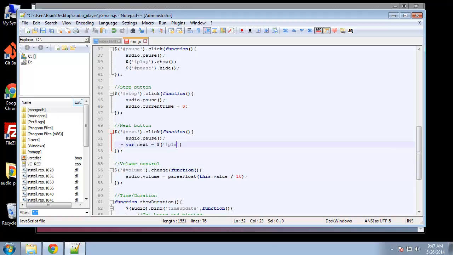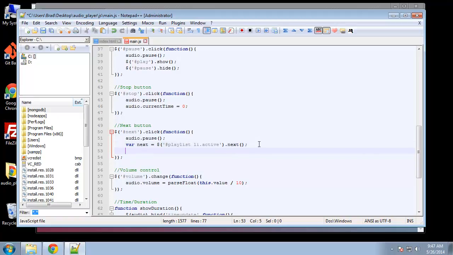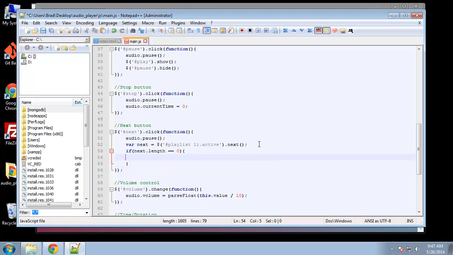jQuery. So in the playlist, we want the list that has the active class, which is basically the song that's playing, and then we want the next, and we can actually use the jQuery next method. That'll give us the next song, and we're going to say if next.length is equal to 0,